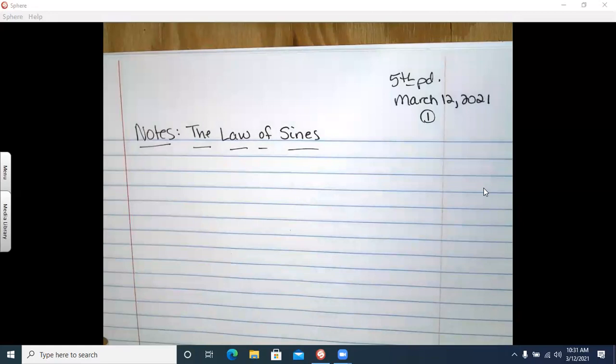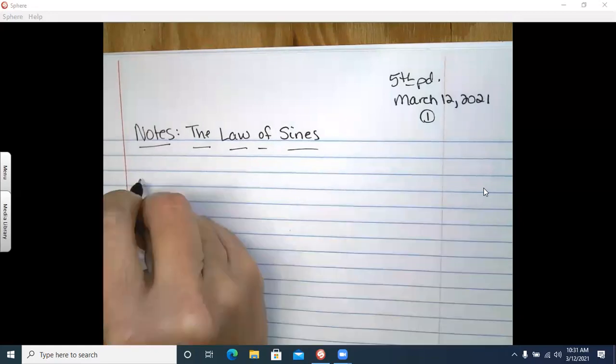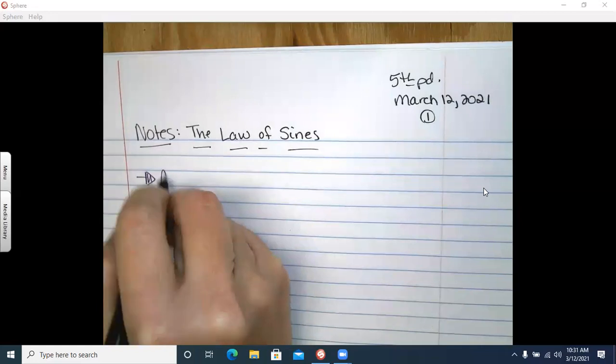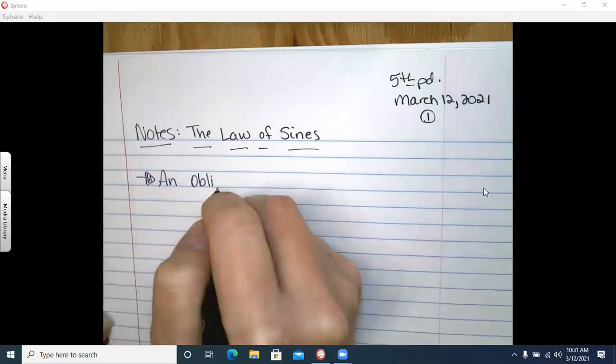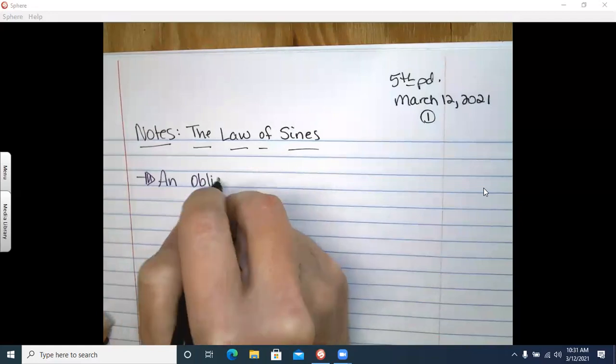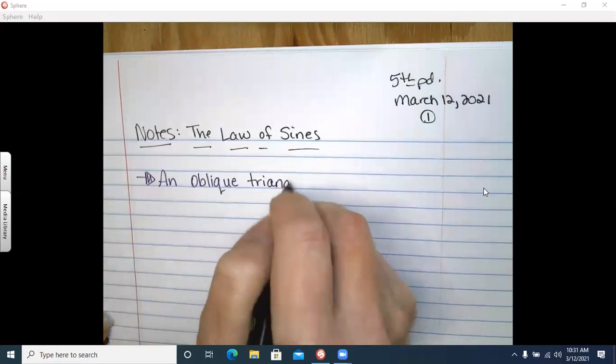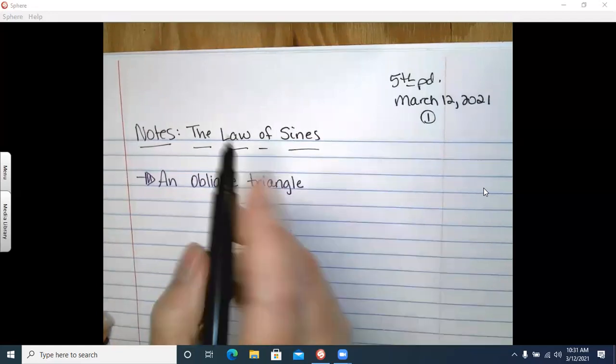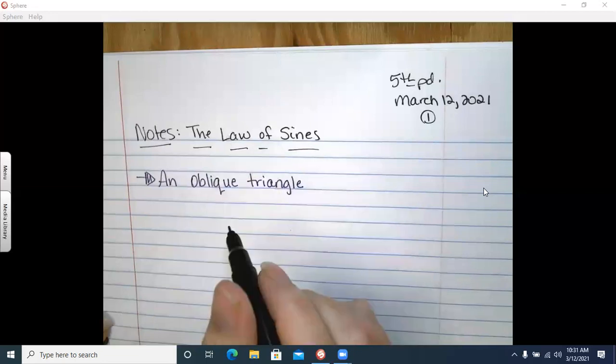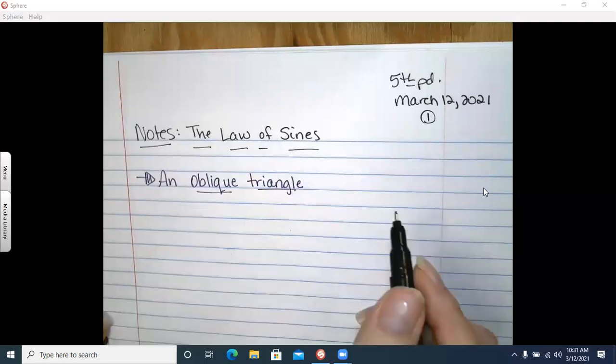Do y'all remember what an oblique triangle is? No sides are equal. And what about your angles? They're also not equal, and they have three acute angles. Y'all remember what acute means? Less than 90. So an oblique triangle is a triangle, obviously,